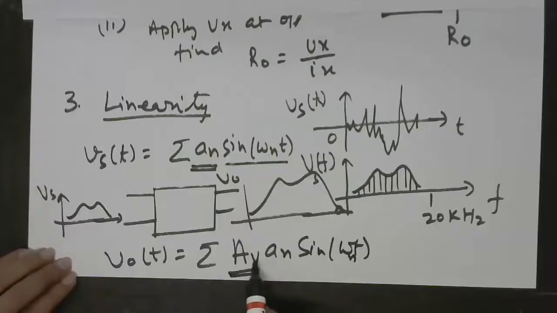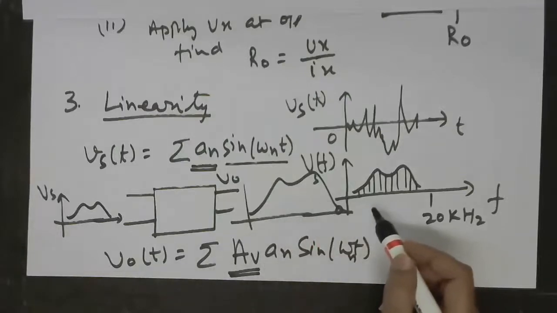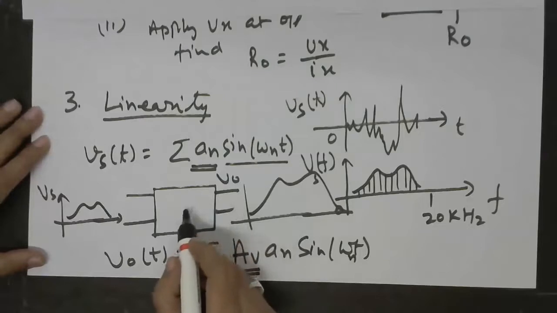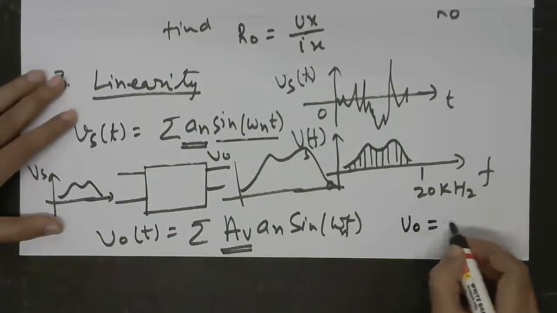Since it has simply multiplied each of the frequency components, each sinusoid, by exactly the same number, this number can be pulled outside of this summation or the integral, which might be the case depending upon the nature of the signal. So the shape is not going to change. It will be enlarged, that means amplified, and this will happen only if this circuit, that means the amplifier, is performing fundamentally this job.